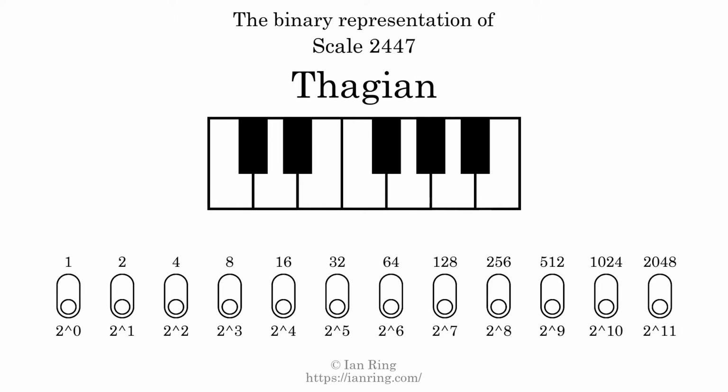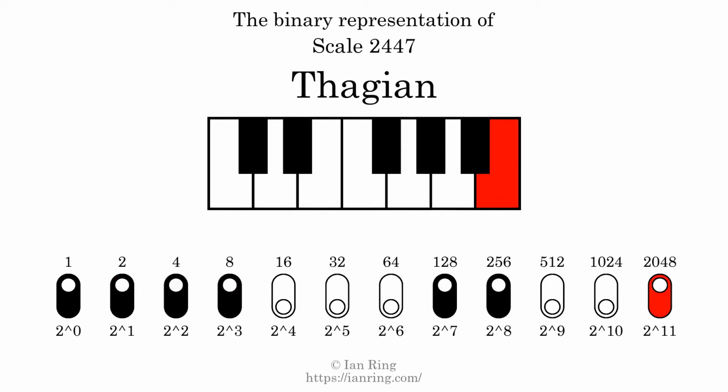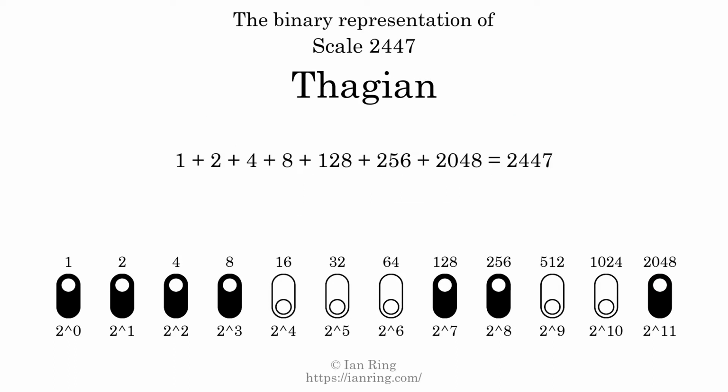The binary representation of this scale is determined by mapping tones of the scale to binary digits. Each binary digit represents a power of 2. To get the scale number, we add the powers of 2 together. The powers of 2 that are present in the scale, all added together, equals 2447. That is why the scale number, in decimal, is 2447. The scale number not only enumerates the scale with a unique index, but it also literally describes the tonal content of the scale. Represented as a binary number in base 2, the scale number is